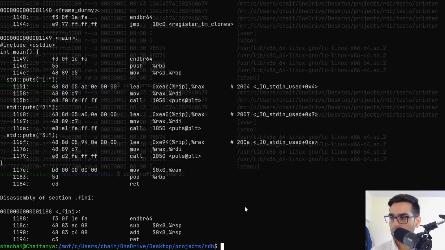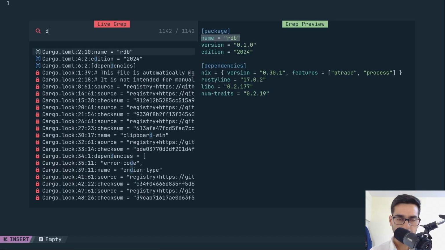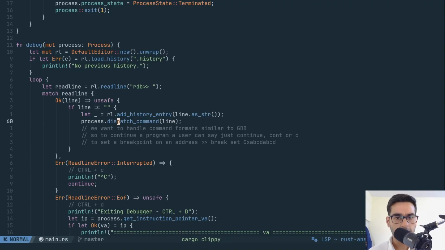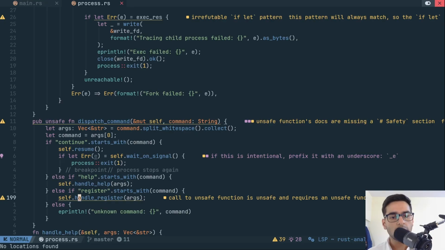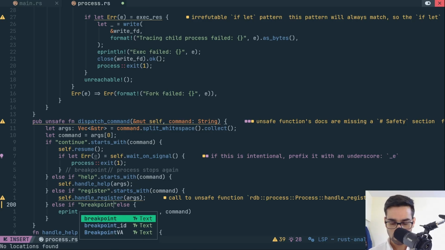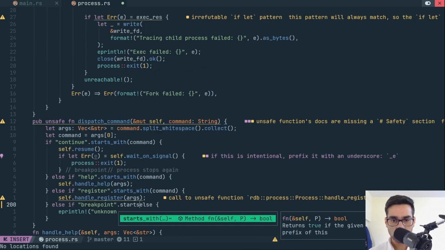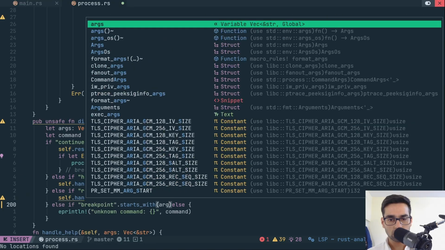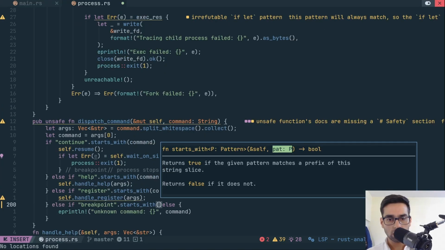To add it to the CLI menu, find the dispatch command function, go to it, and we have the help and register command. So after the register command, I want you to add a breakpoint command. So else if breakpoint dot starts with a command,